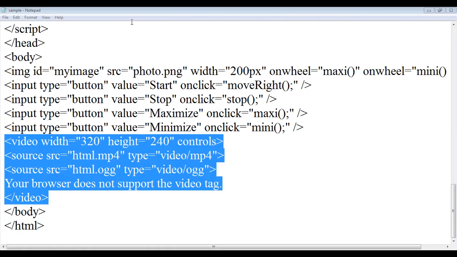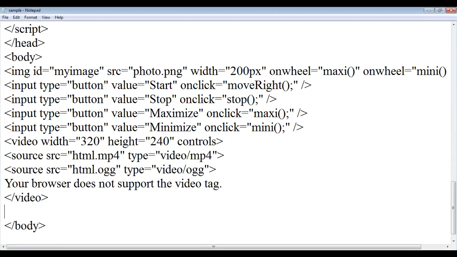You want to include a YouTube video into your web page. Simply, you can write iframe here. We have to use it here. In place of video, I want to use iframe.